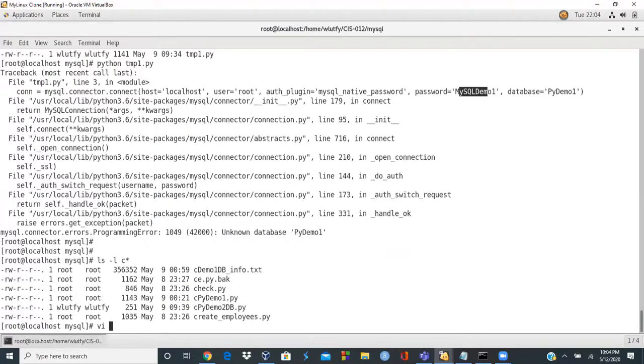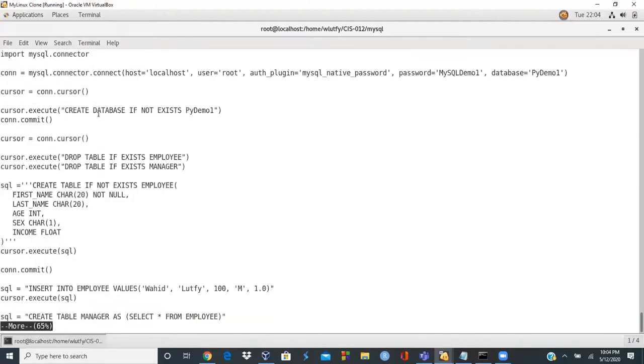So let's say for ci demo.back, I could just create it on the command line, more temp1.py. Right here, create database if not exists py demo1. So in here, the syntax of this, vi